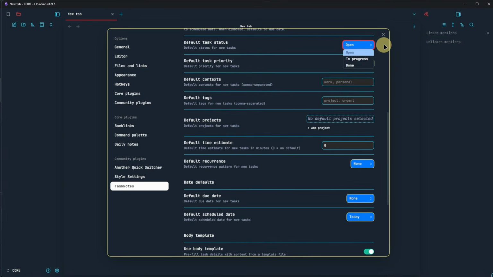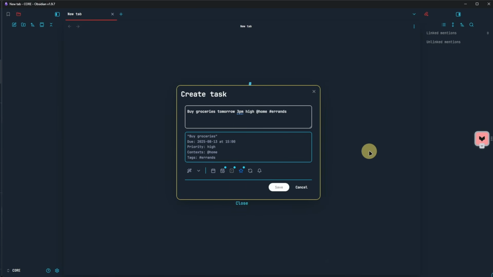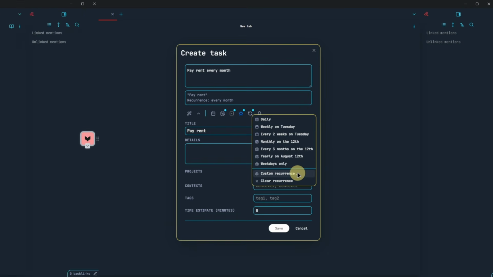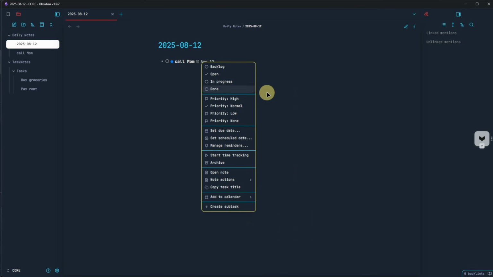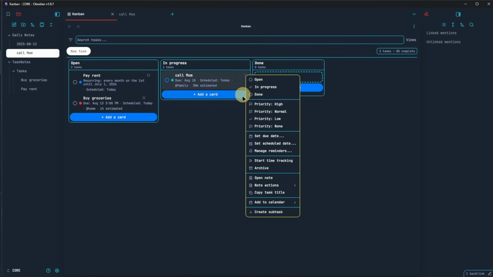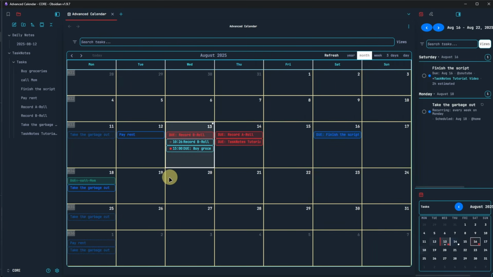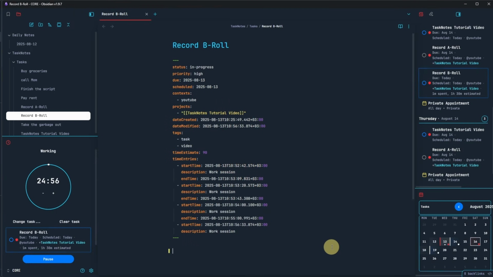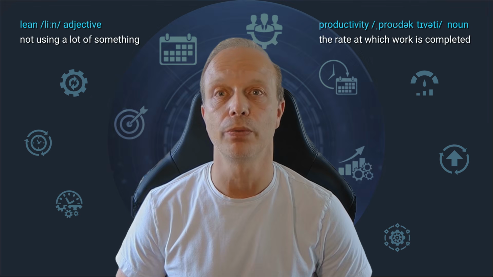We will install and configure TaskNotes together and walk through how to create tasks with natural language, set up recurring to-dos, use inline tasks right inside our notes, organize everything in Kanban boards and calendar views, even with integration to our external calendar, track time and stay focused with a built-in Pomodoro timer, and navigate it all through custom views